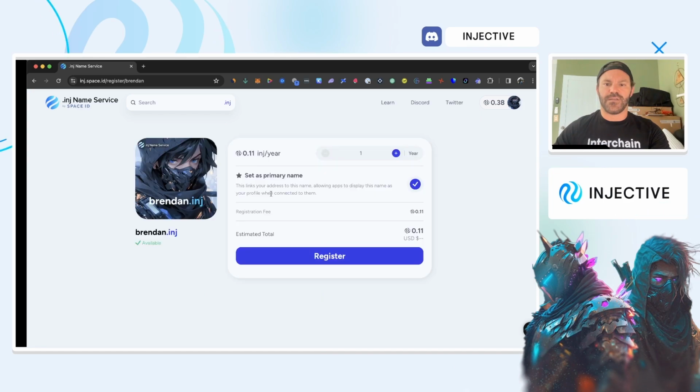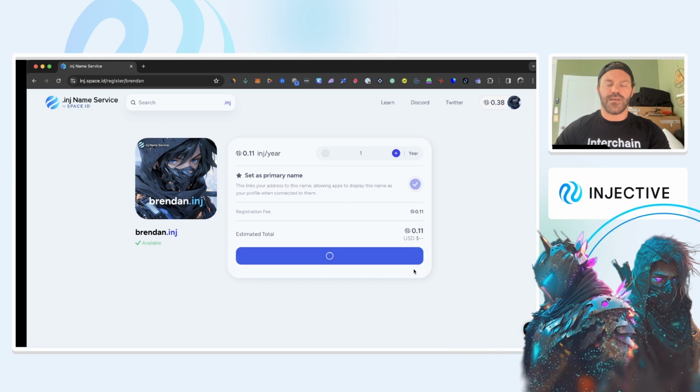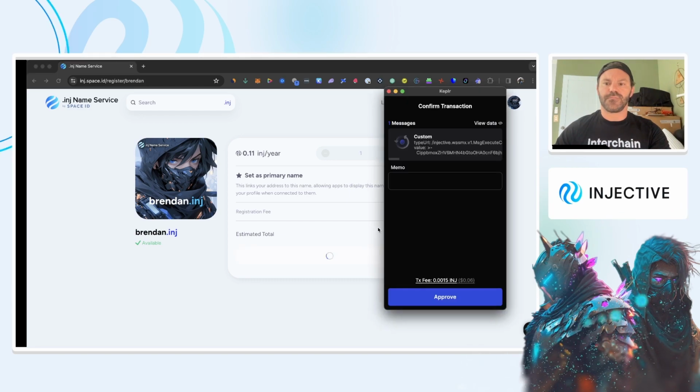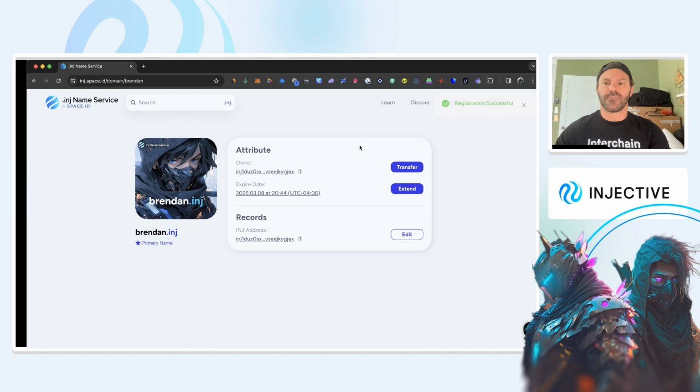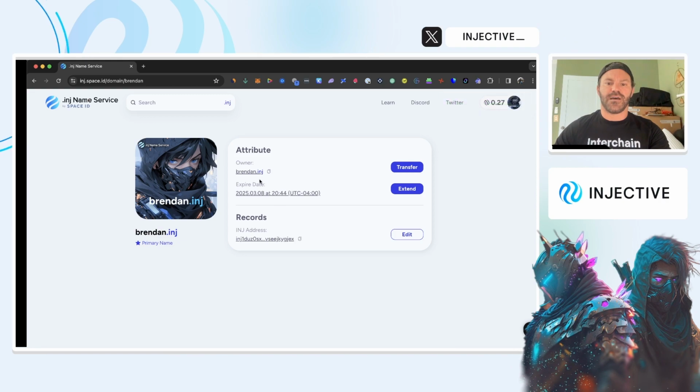Looks like that one is available, and it costs 0.11 INJ per year. And you can see the registration fee of 0.11 Injective here. Click that register button, and I'm going to get a pop-up to approve that. And there we go. I now have claimed my .inj name,